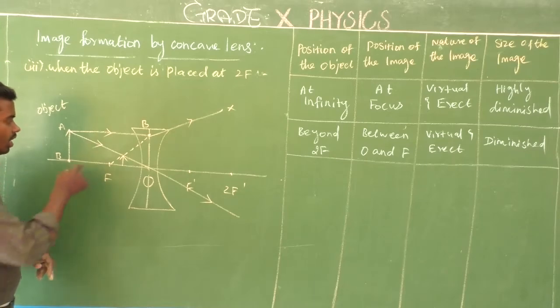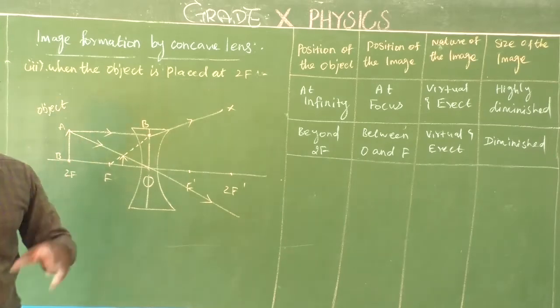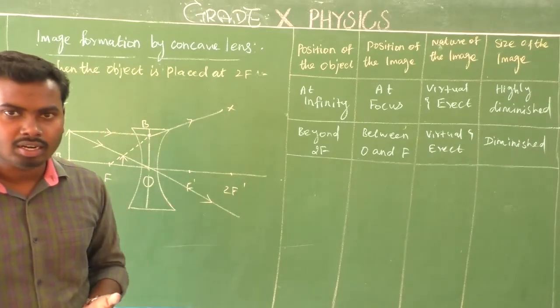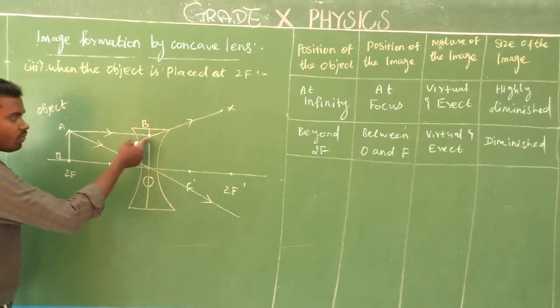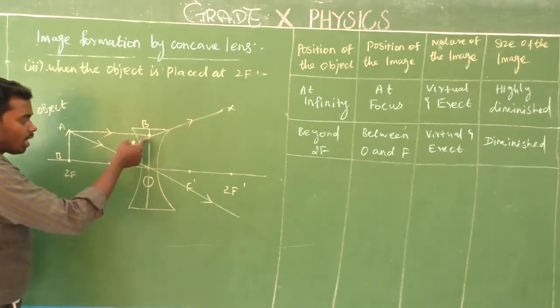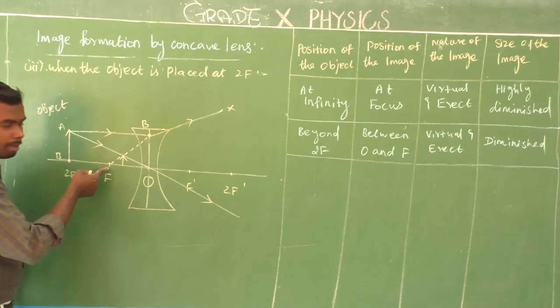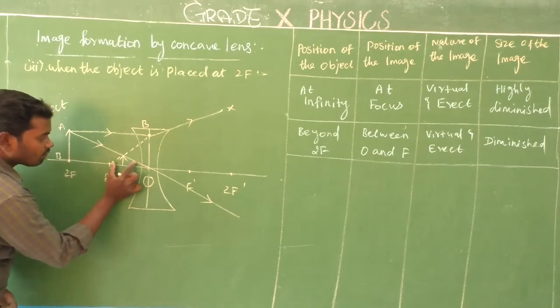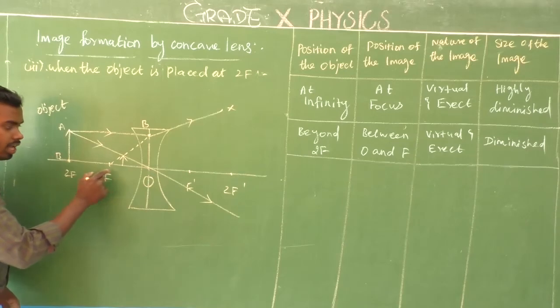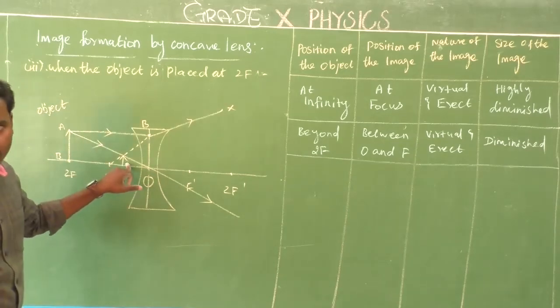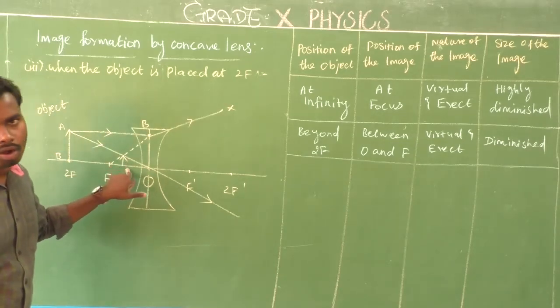And the third one, what is that? The ray of light goes through the optical center of the concave lens. There will not be any refraction, which means bending of light. Light will go in a straight line. Is that clear? Yes. So if we extend this ray of light Bx, it appears to come from its focus. So this is a ray of light. Here the two rays of light meet at a point, intersecting between O and F. So there will be image formation.